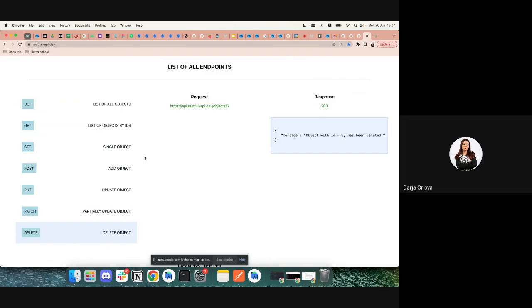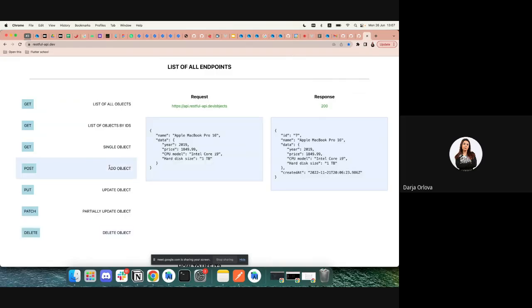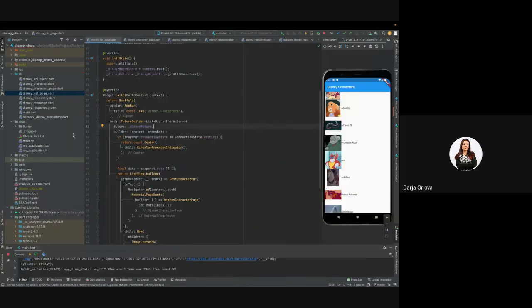And the first thing that we are going to do is we are going to mark a Disney character as our favorite character. Okay. So back in our Disney repository,